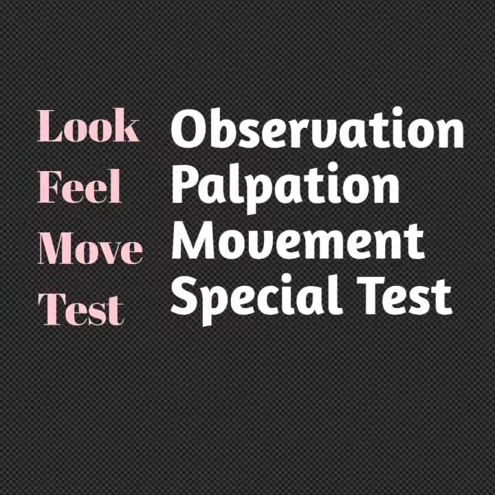For example, in the shoulder joint we perform the empty can test for supraspinatus tendinitis, and the Hawkins-Kennedy test for supraspinatus and biceps tendon impingement. We also perform the Speed test for bicipital tendinitis. There are tests for joint stability, the anterior drawer test, posterior drawer test. All the tests are present in physical therapy books, and I hope the students and the therapists have seen those books, are aware of them, and will be updating their knowledge by performing those tests. From these tests and all the objective process,